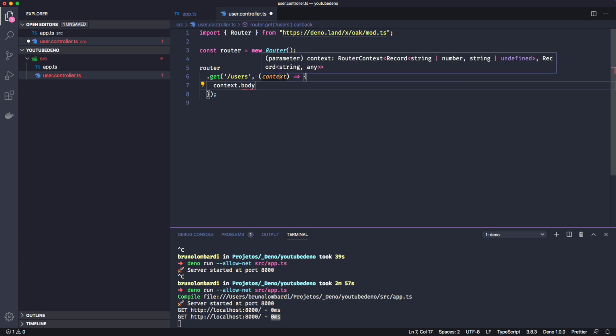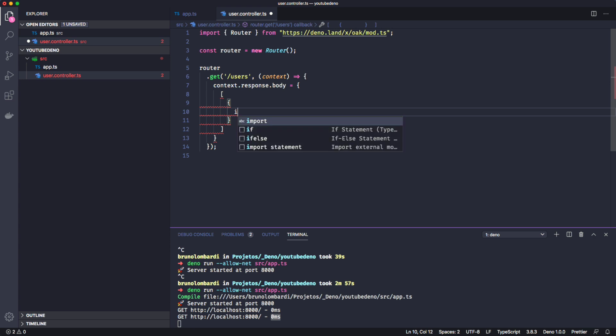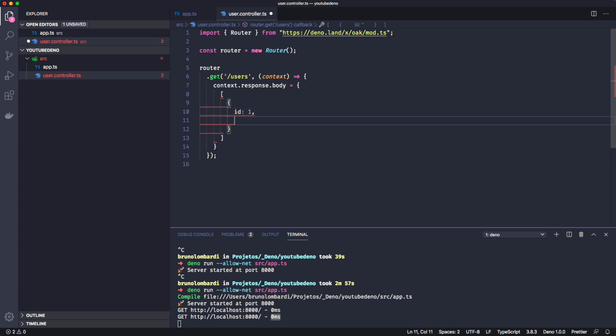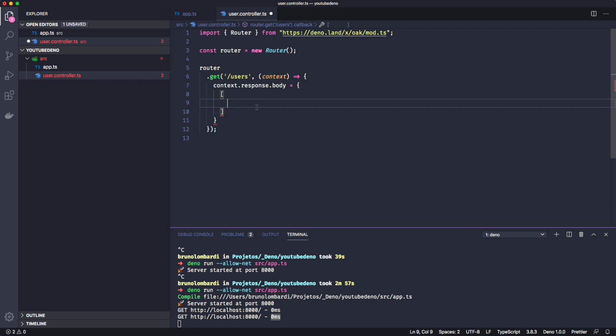Let me just see if there's something wrong here. So this is the context. context.response.body equals, and let's write something more useful right here, like an ID, which will be 1, a name, and an email, which we're going to define just here. And this is giving me an error, but there's no problem. Let me just cut that